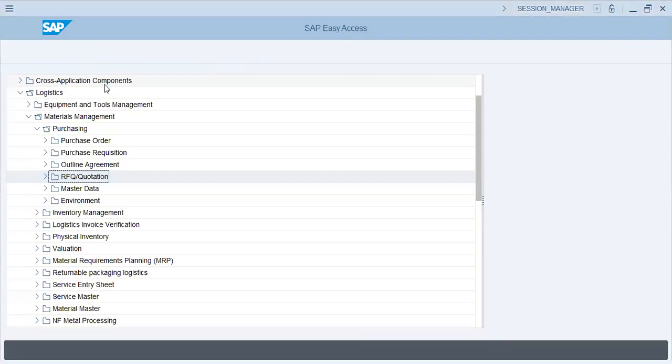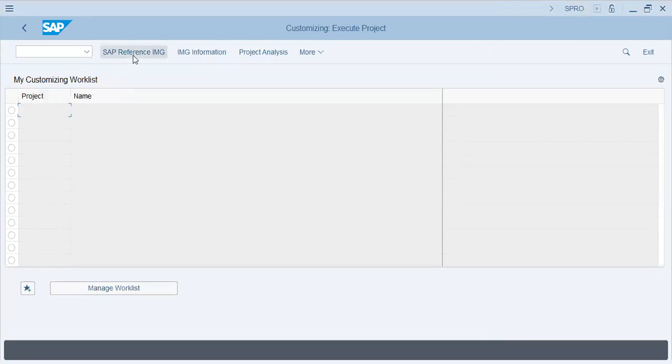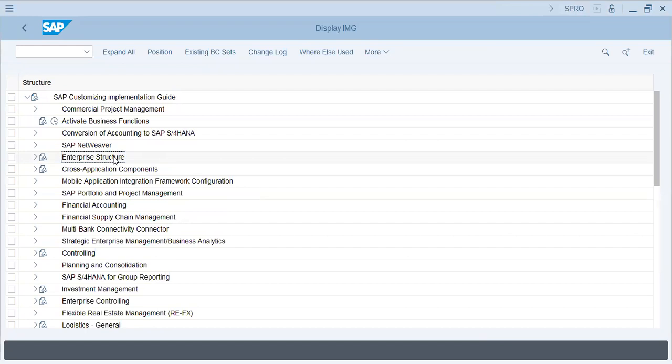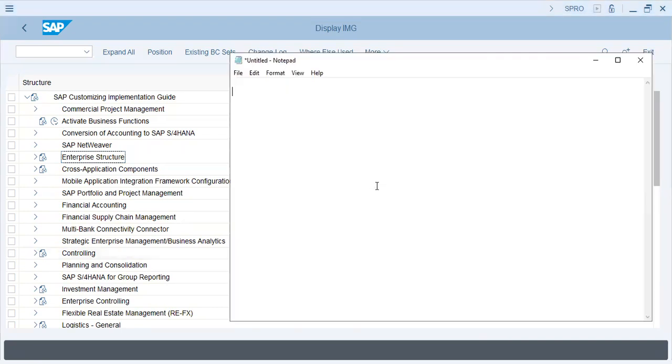SPRO is our configuration node to access the configuration part, and that configuration part is here on reference IMG. The first part over here is enterprise structure. Now we have seen the overview of FI. In configuration, we'll start by making a company code and controlling area, chart of accounts,